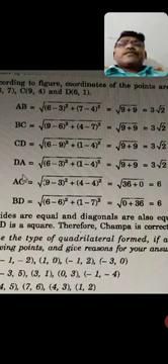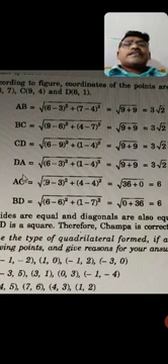Like the same, we take the B and C coordinates and again substitute in the distance formula. That is x1 equal to 9, x2 equal to 6, y1 equal to 4, y2 equal to 7. After substituting, you see 9 minus 6 whole square for x1 minus x2 whole square plus y1 minus y2 whole square is 4 minus 7 whole square. Again 9 minus 6 is 3, square is 9. 4 minus 7 is 3, square equal to 9. 9 plus 9 equals square root of 18, that is square root of 9 into 2. 9 becomes 3, so 3 root 2. Like that we can find CD and AD also.